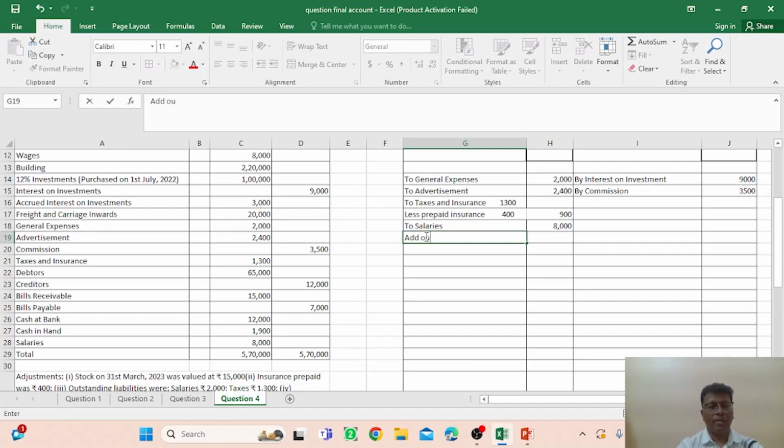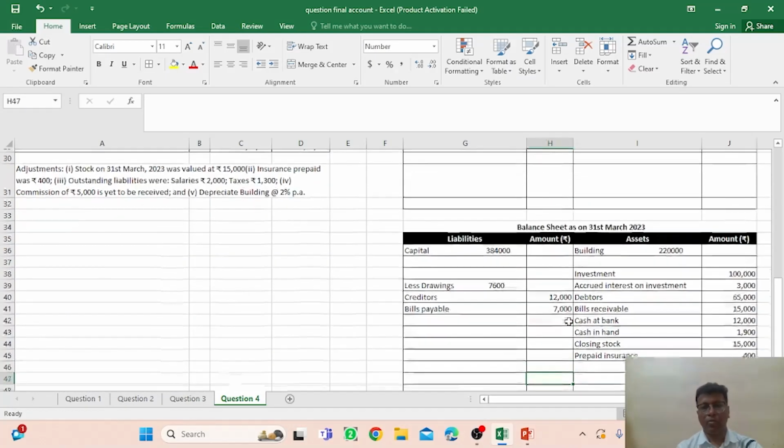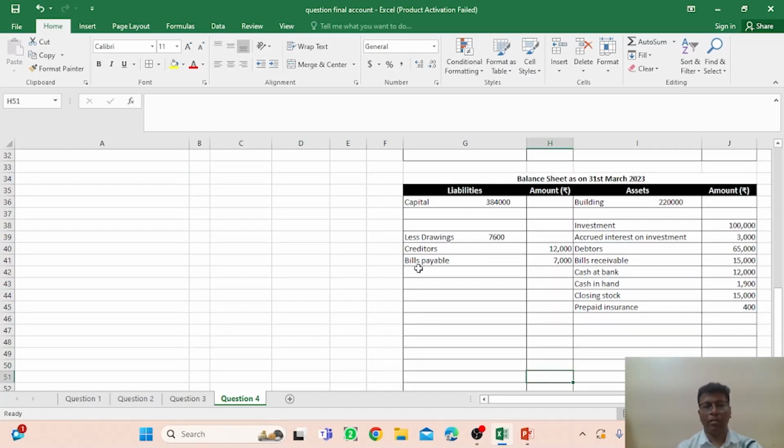So add outstanding salaries 2000, and it should be mentioned here 8000, and this would be 10,000, right? And this particular outstanding salary should be mentioned here,